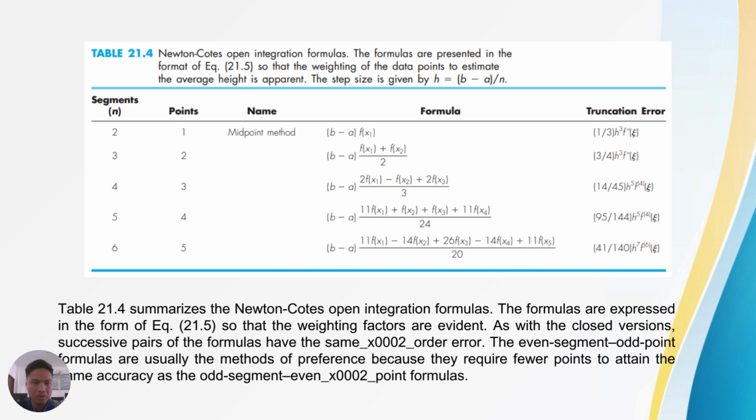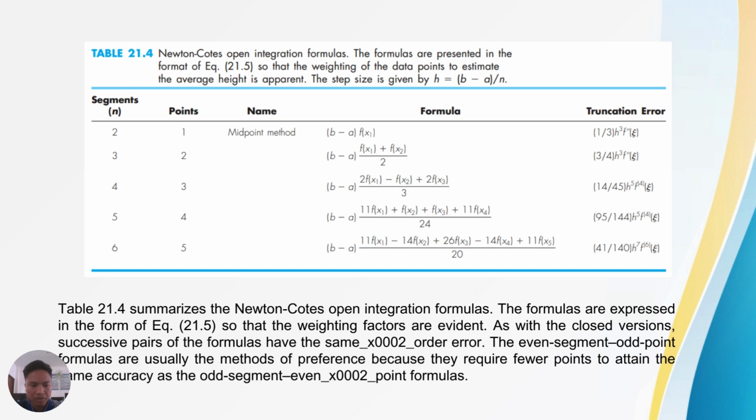In the Newton-Cotes open integration formulas, we have five formulas introduced. The formulas are presented in this format so that the weighting of the data points to estimate the average height is apparent. The step size is given by h, which is simply equal to b minus a all over n. In summary, in this table, the Newton-Cotes open integration formulas are expressed in the form